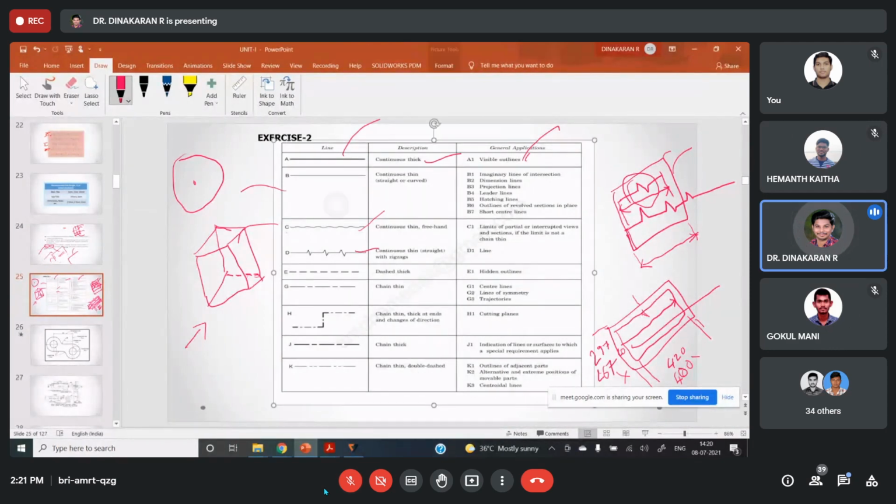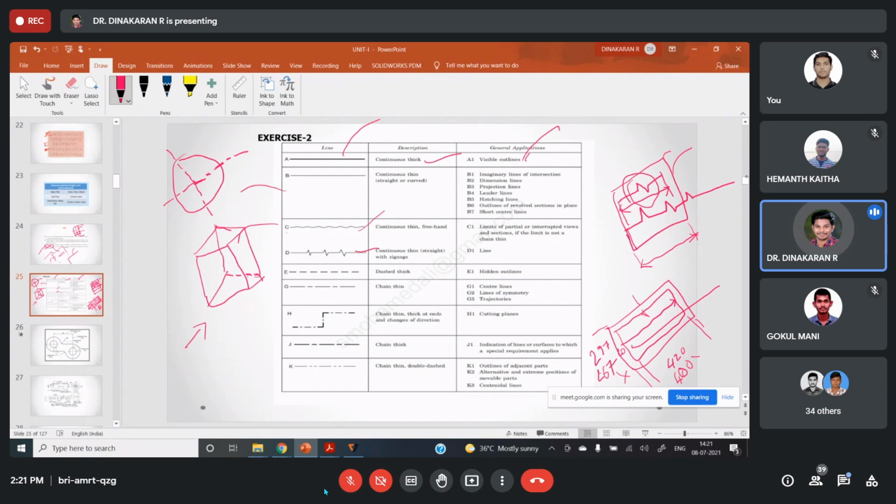After marking the drawing, we need to mark the center line. After drawing a circle, the center line should be a chain thin line. The starting of the four corners should be on a continuous thin line, and the ending should be on a continuous line. It should be on a chain line: shorter line, longer line, shorter line, longer line, shorter line. The starting and the ending should be on a longer thin line. In the same way, on four sides, you need to mark with limit.